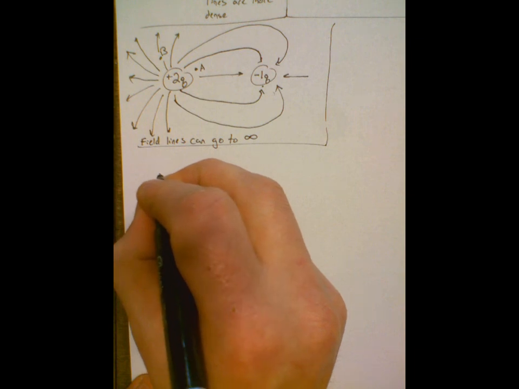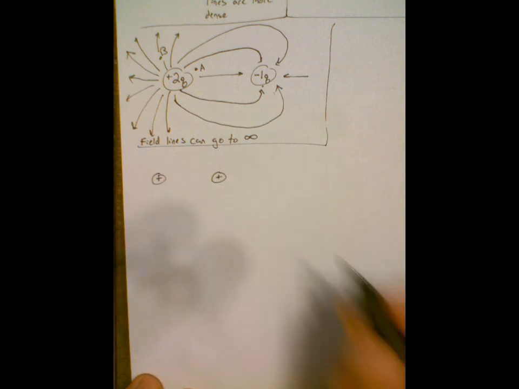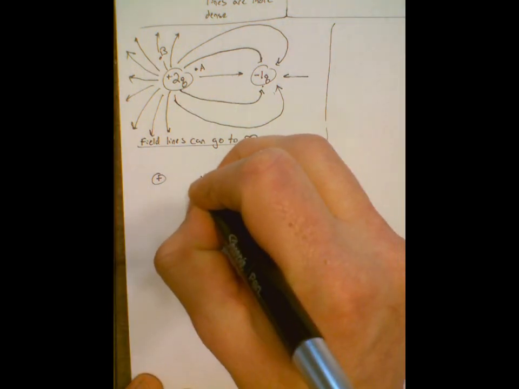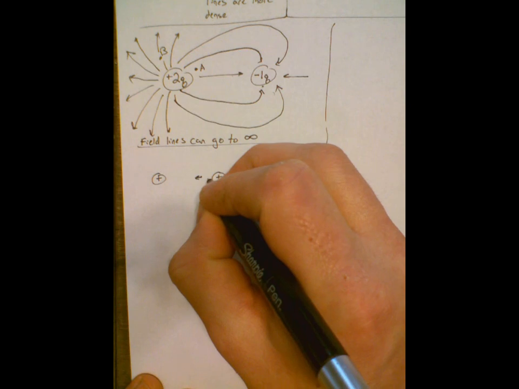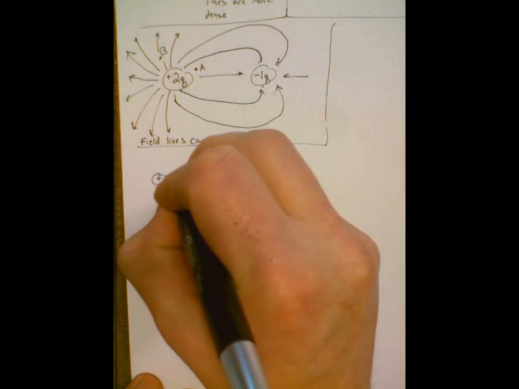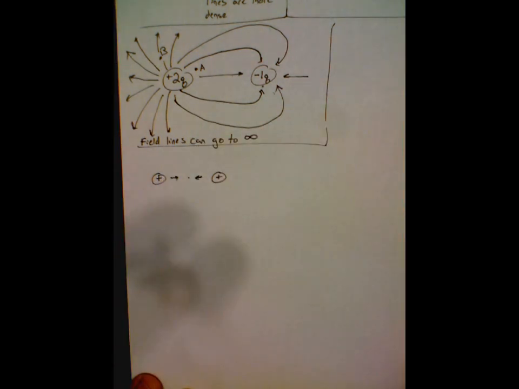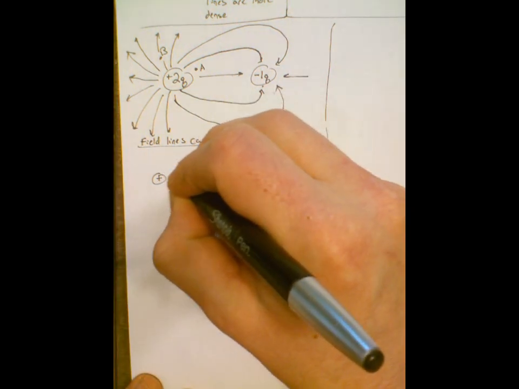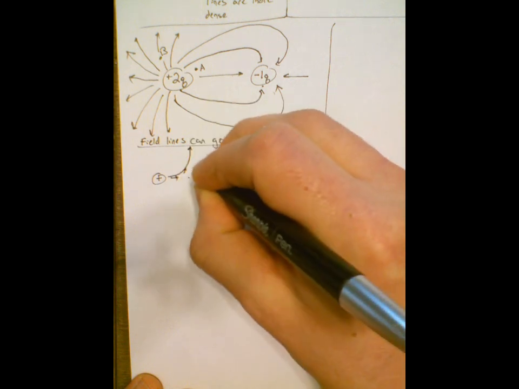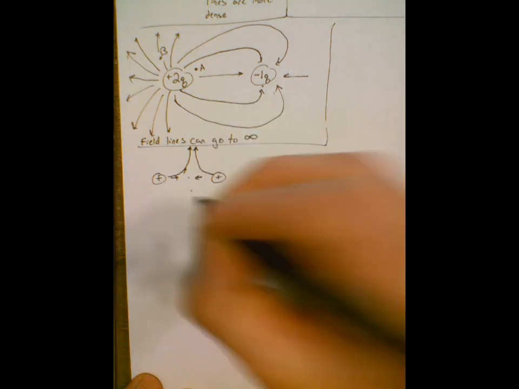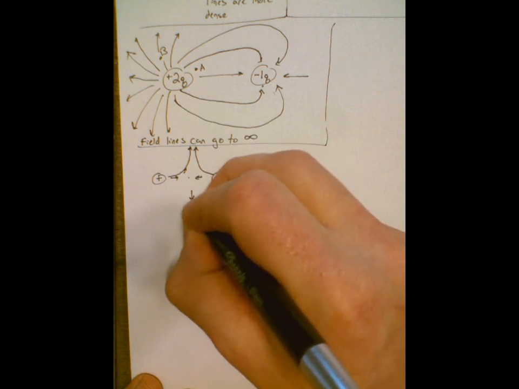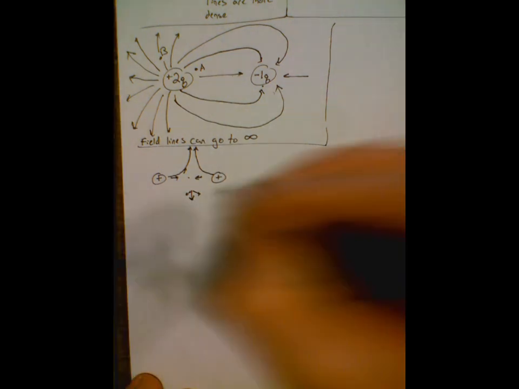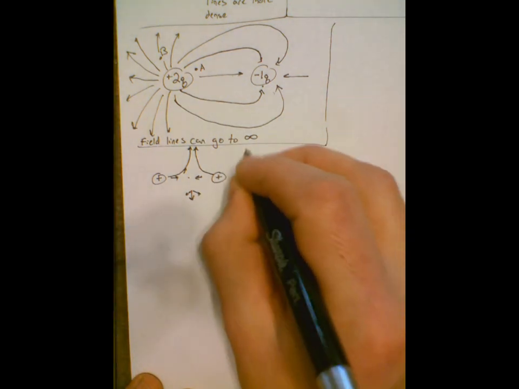One more. Let's do 2 positives that are identical. We can think about it here. What's going on right here? It's still moving to the left because this was closer. Still moving to the right. But what about right in the center? There's nothing there. What about right here? This guy's going to win and it's going to move up. So we're going to have this arcing, this arcing. What about right smack dab in the center but above? It's got to be up because this one's off to the side, this one's off to the side, and the horizontals cancel out. So if we have to go through and draw this,